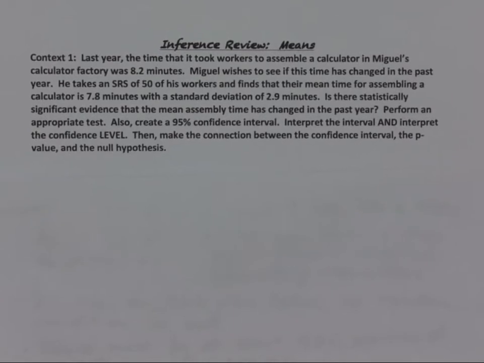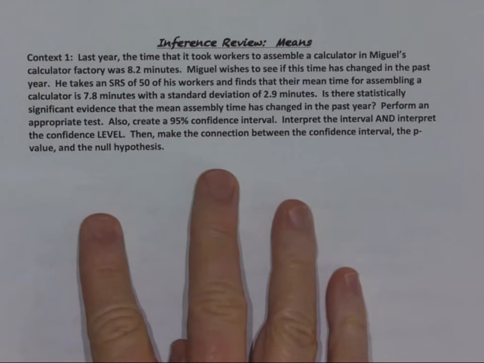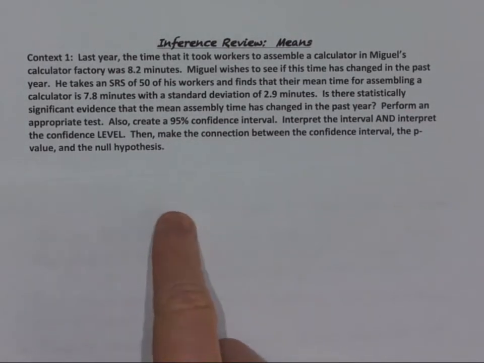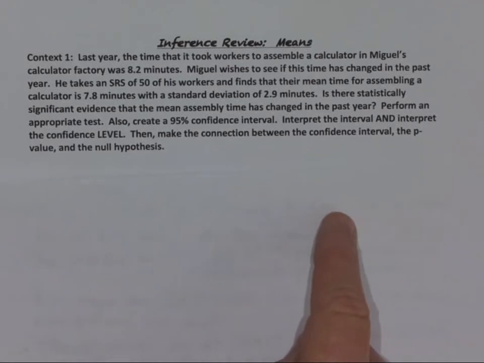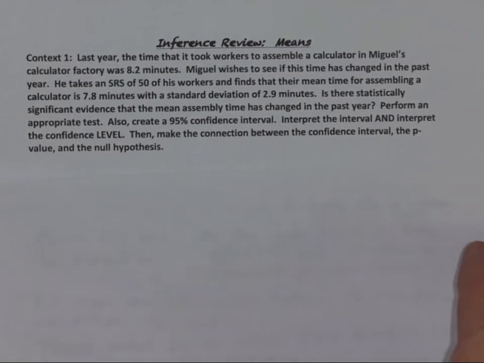But anyway, there's a total of 4 inferences with means that you have to be able to do. With one sample, you could do a one sample t-test for a mean, or a one sample t-interval for a mean. And then with 2 samples, you have a 2 sample t-test for the difference in means, or a 2 sample t-interval for the difference in means. Those 4 things are what I want to review quickly here, and also talk about some side issues that